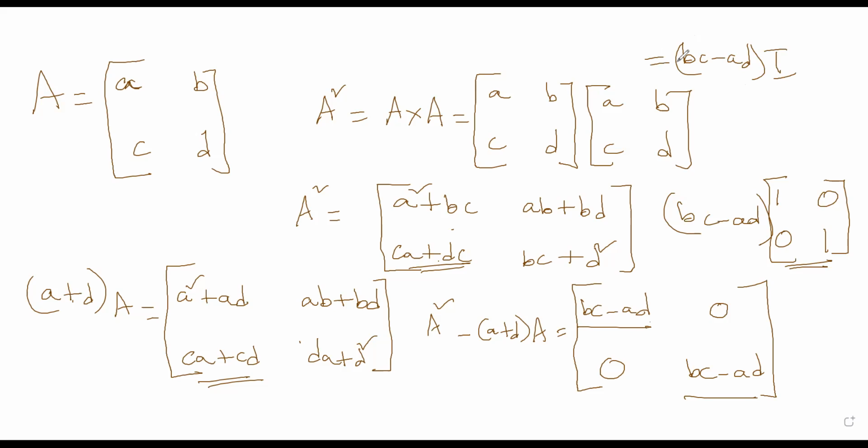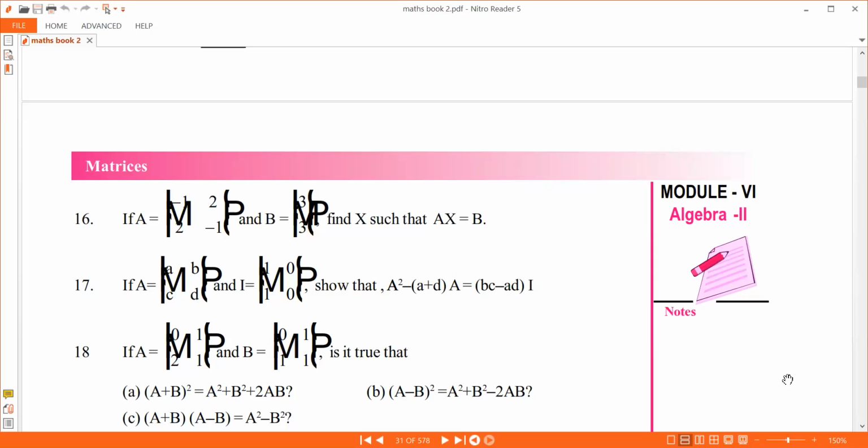Got it? Okay. Identity matrix. Got it? Any issue further? No. Okay, fine. Clear how to do this? You are subtracting the matrices. Okay. After this, we have something called inverse.